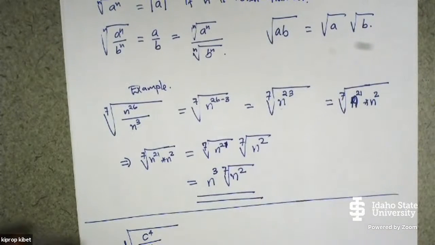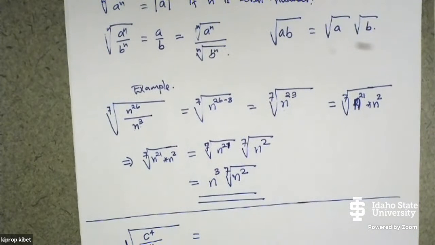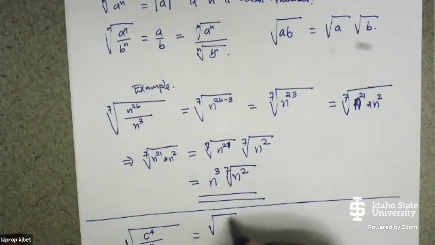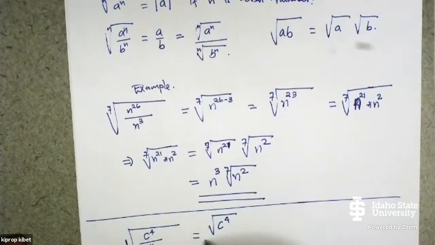So using this property here, you can actually simplify the inside one, or you can actually get the roots of each one. So it is the same as the root of c raised to 4 all over the root of c raised to 16. And this is similar to what? c raised to 4